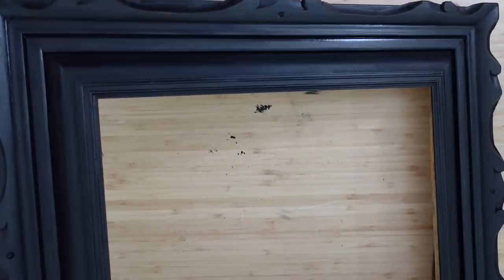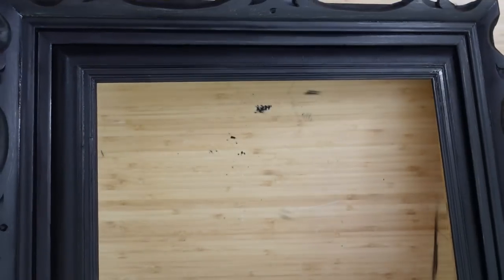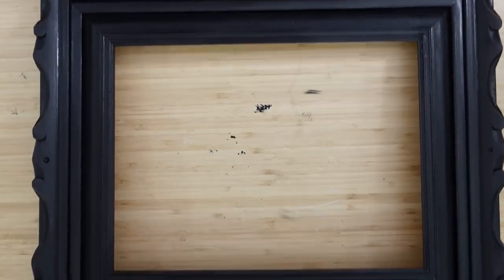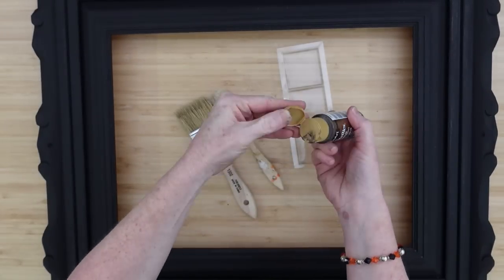When it dries, it will look like this. And what you can see still in the dark areas, that's where it's still a little bit wet, but I'm going to let it dry. It is in the process of drying now. All right, once it is thoroughly dry, and you can see how matte it is,